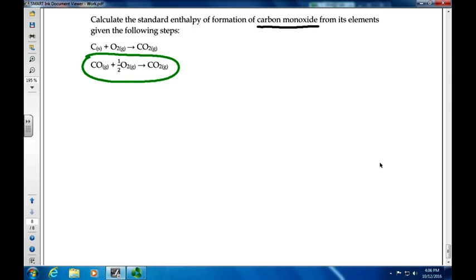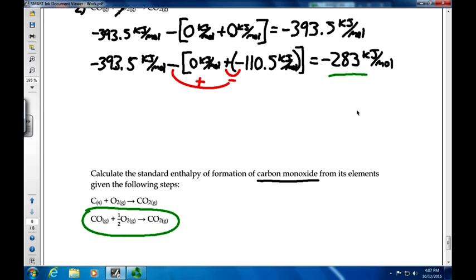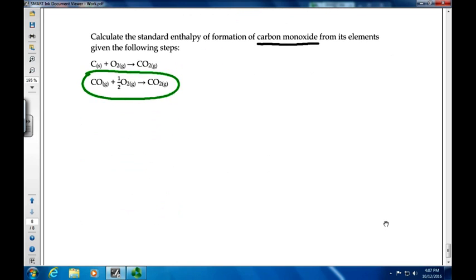Whenever you flip a reaction, it's going to result in a difference of the signs. So the sign is going to flip as well for the overall reaction, which you can do out with Hess's law if you so choose. You can do the calculation and get the positive 283 kilojoules per mole instead of the negative 283 kilojoules per mole. But instead, let's just go ahead and do this out because it's the exact same numbers as before. We're going to say that step number 1 had a